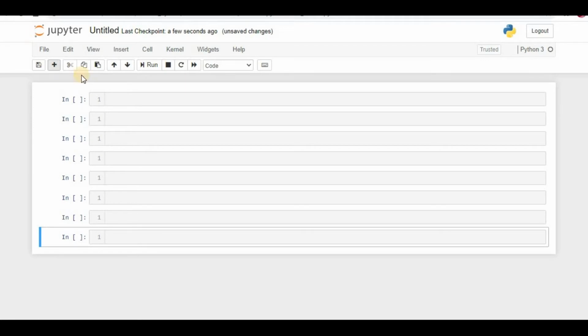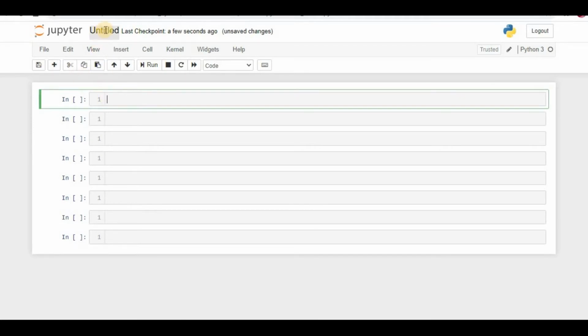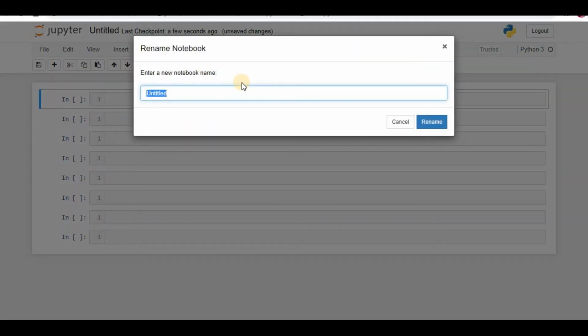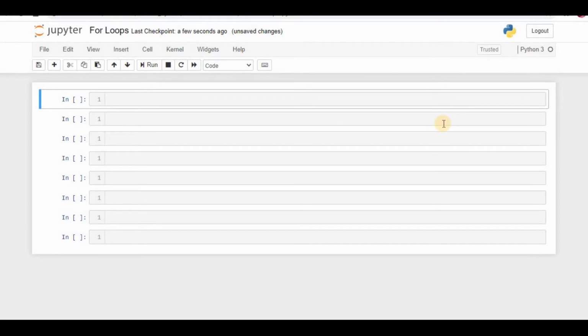Hi friends, so I already said that this is a Python notebook, and after opening this you should select a new Python 3 notebook, and after that you write the name of this notebook and hit enter, or you can hit the rename button. Okay friends, and now we are going to start writing here.